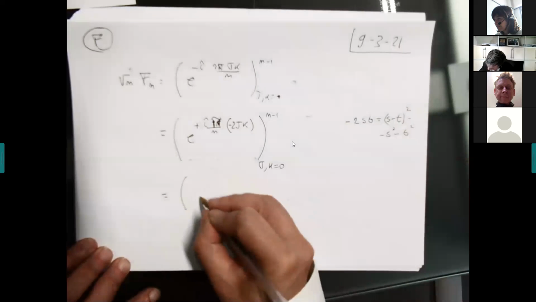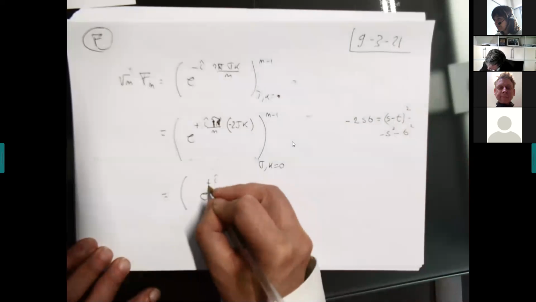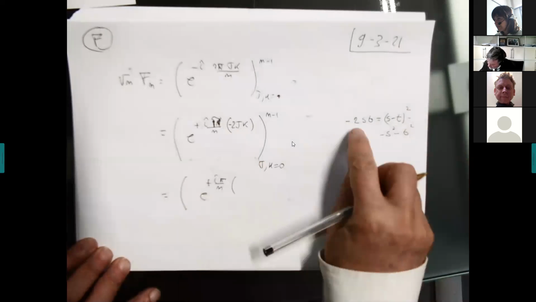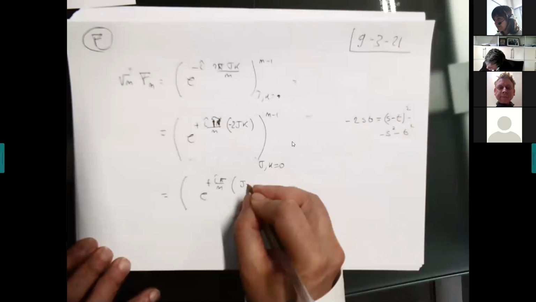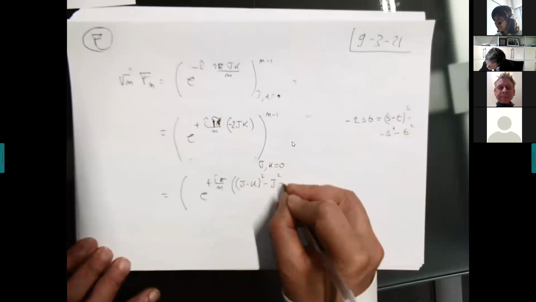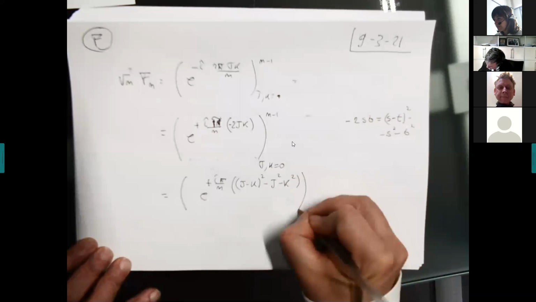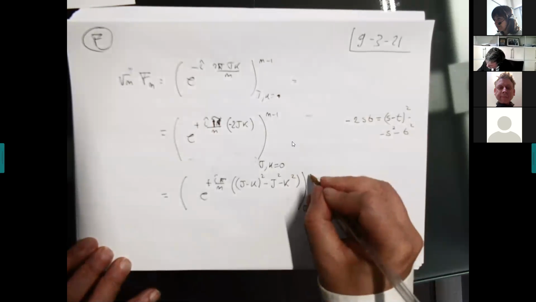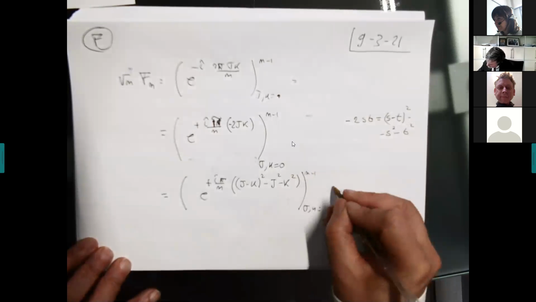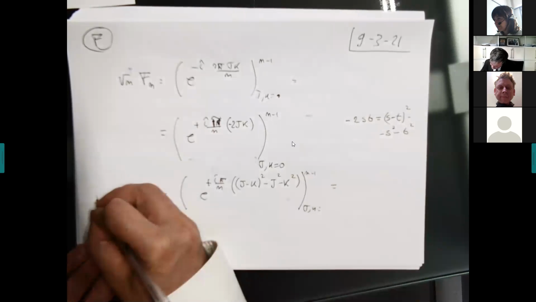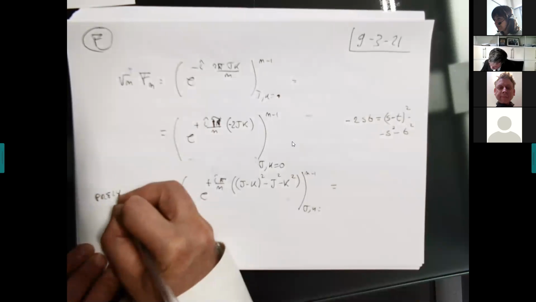It is equal to e to the minus i pi over n, then instead of this, I write (j minus k) square minus j square minus k square. And this, of course, is an identity. Which is equal, in the light of the preliminary observation,